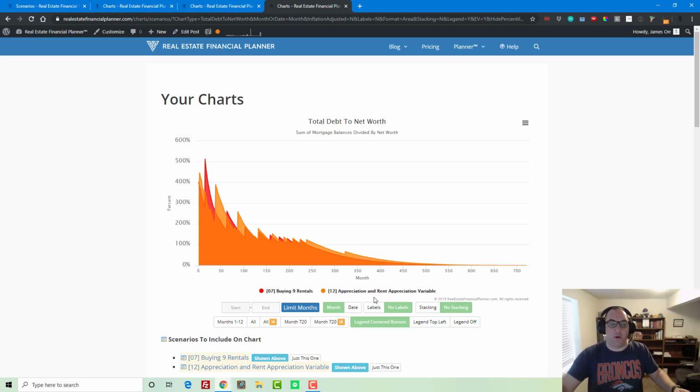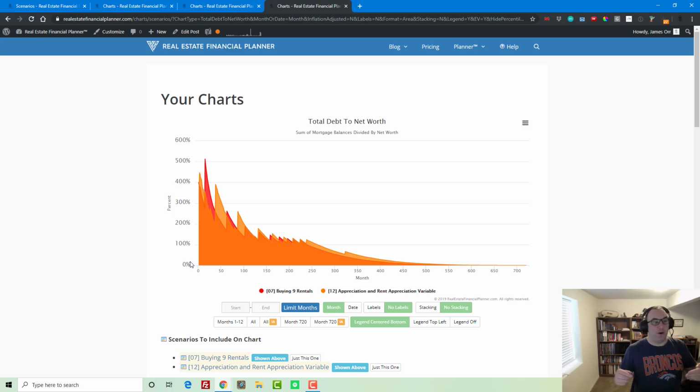And now you can go and look at 2 different investing strategies. And this one, it's less germane because you're just comparing the same strategy, but one where you have rents and appreciation being variable, and you can see the difference that even that makes in looking at how much debt to net worth you have. But if you're doing a strategy where you're going to do nomad versus putting 20% down, or 20% down versus 25% down,